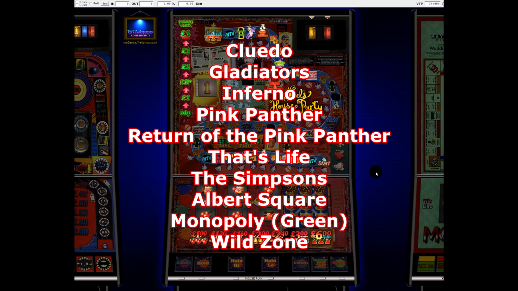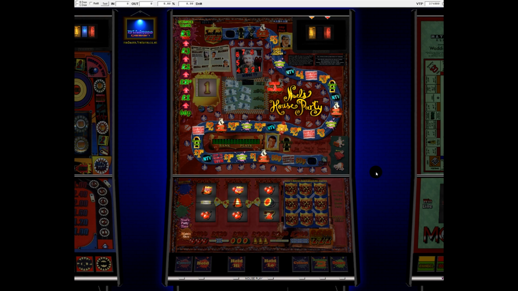We've got Cluedo, we've got Gladiators, we've got Inferno, we've got this one here which is Noel's House Party, we've got Pink Panther, we've got Return of the Pink Panther, we've got That's Life, we've got a Simpsons machine that was a kind of joint venture with BWB, which only ever seemed to exist on 5 and 10p play. I never saw a 20p version of it. Albert Square, which is mostly an EastEnders clone. The original Green Monopoly and Wild Zone, of course, already covered on the channel, then Deluxe Monopoly and also